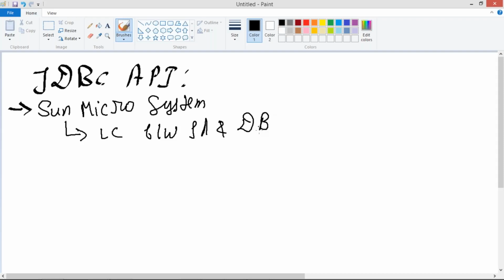I'll give all these points, guys. No need to worry. Just listen to the things once. So JDBC API was given by Sun Microsystem. Now, why will we use JDBC API? To achieve loose coupling between Java application and database. That is the first point you have to remember. And this JDBC API contains interface and helper class, and is present in a package